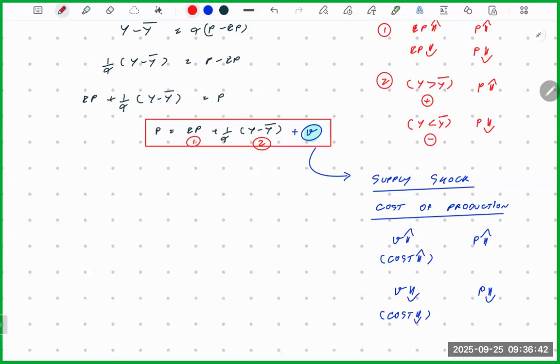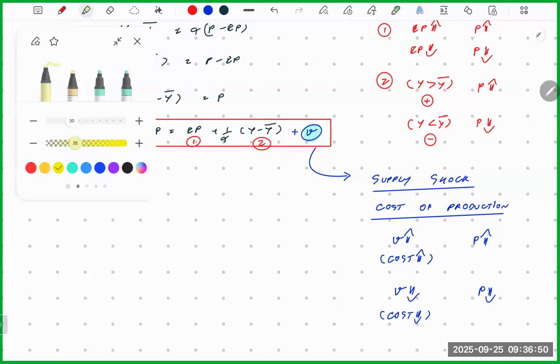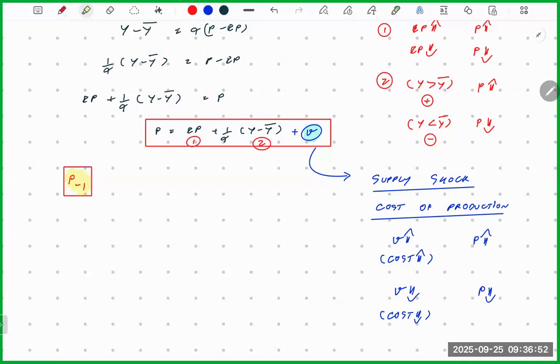After that, I'm going to introduce the other variable. We call it P minus one. P, of course, is the price level, but we have minus one. Minus one means the previous period, yesterday. P alone is the price level today. P minus one is the price level yesterday, let's say. So it's the price level of the previous